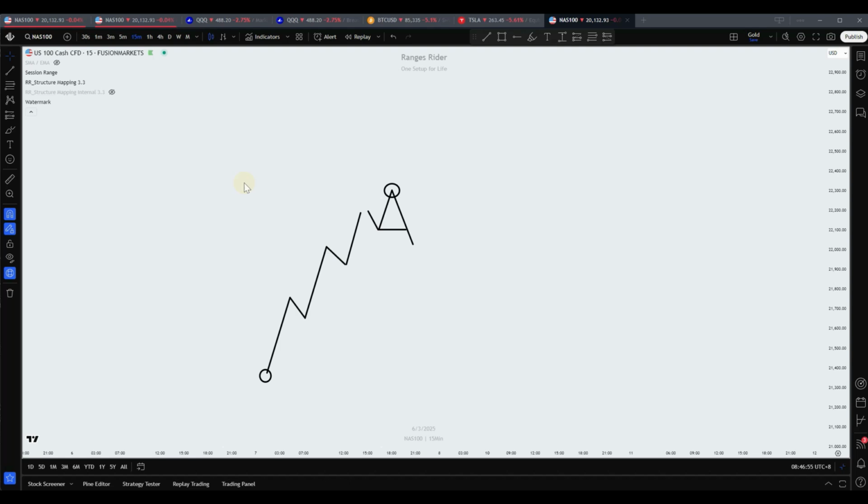When the price reaches some major area, this could be any POI, this could be a weekly level, daily level, or whatever the higher time frame level is. Once the price reaches there, this is where people call this one a market structure shift, and then they want to sell from here like this. But instead, the market makes a little bit of reaction here, and then it just takes a new